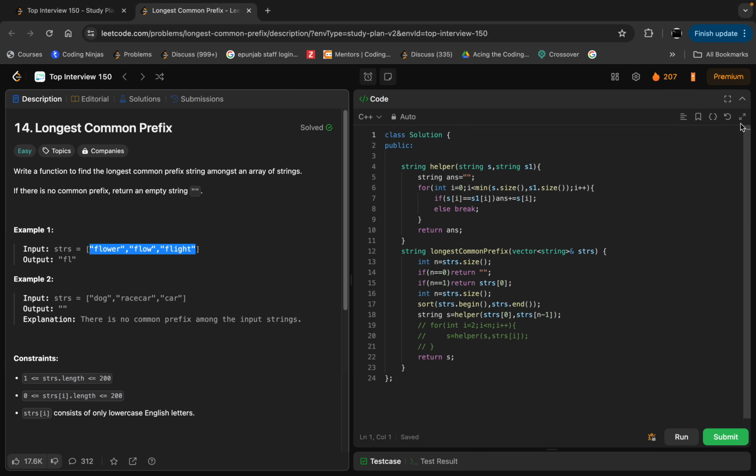Okay, so talking about the code. What I did is I simply checked that if I don't have any string in my strs, I'll simply return an empty string, and if I only have one, I will simply return the first element, because amongst one string that one only is the longest common prefix. Now I simply sorted my array and then I pass this comparison to my helper function, because in my helper function I'll be simply comparing